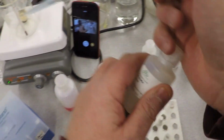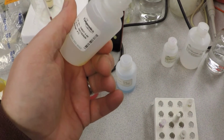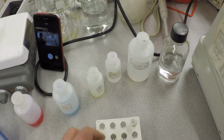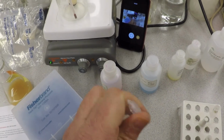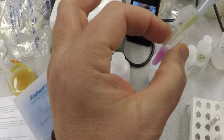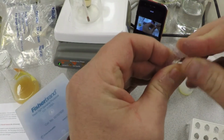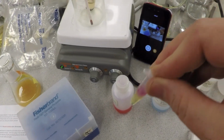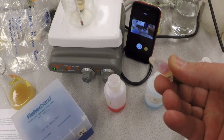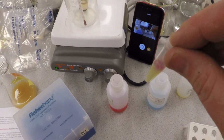And this is the only step where this yellow buffer has to be refrigerated or stored in refrigeration. We'll take our 400, pop it in there, and it says you put it in here, and what you do is you mix it by gentle inversion, and you'll see that all this white flocculent stuff starts to show up. So what you're doing is renaturing all of the DNA, and you're supposed to do this